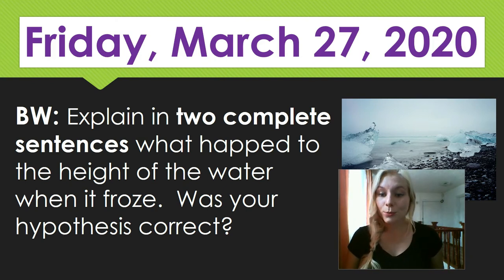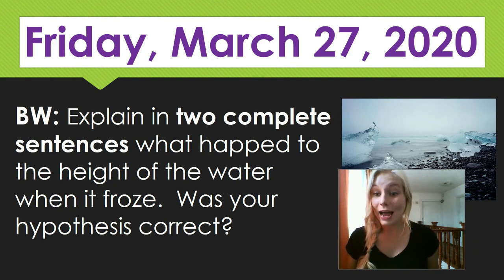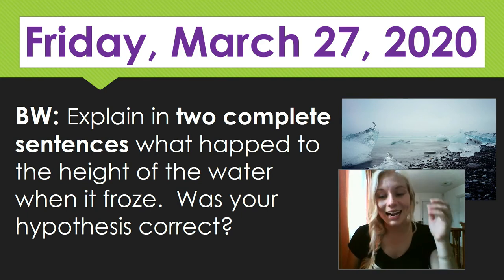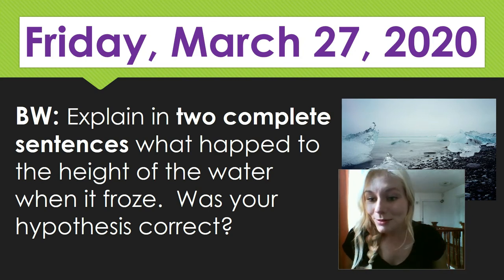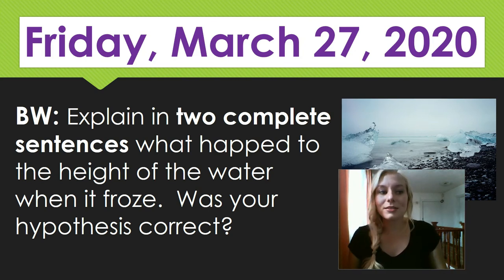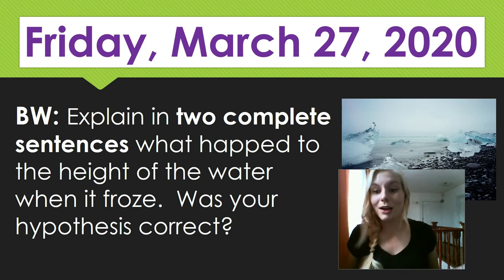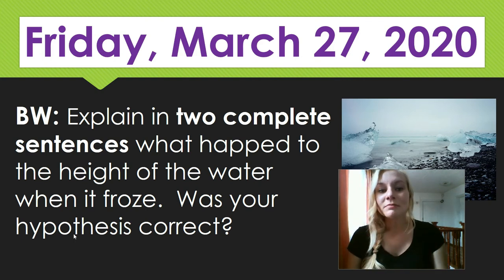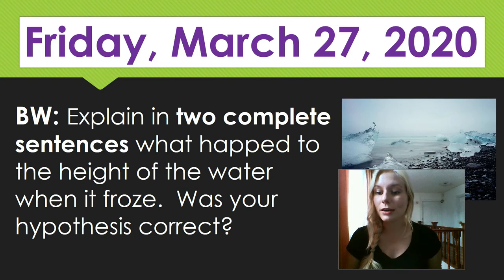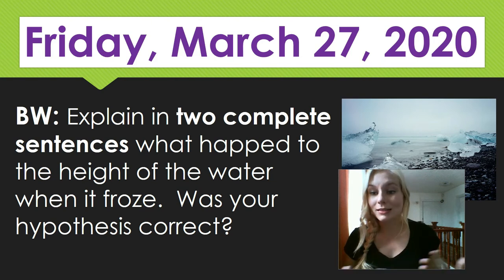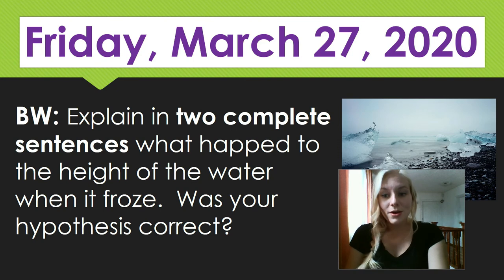Now remember, hypothesis is something that we think is going to happen. So I asked you on your board work on Wednesday, what do you think is going to happen when we freeze something? A lot of you, I'm not exactly sure what you answered, right? Because I didn't ask for that picture. But you're going to tell me, were you right? Were you wrong? Remember, it's okay to be wrong. Scientists are wrong all the time. A hypothesis is just what you think is going to happen. So if you're wrong, it's totally fine. Just write, I was wrong. This is what actually happened. So you need to tell me what happened to the height of the water when it froze. So I kind of already gave you the answer, but I need to see you writing that down in your notebook so I know that you understand me when I'm giving you these classes and you understand when I'm talking to you. So that is going to be your board work.